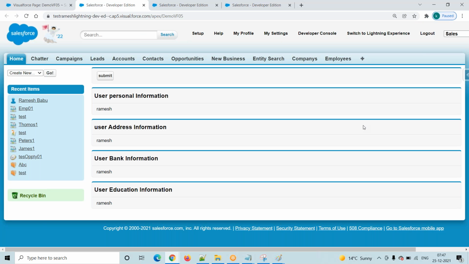Just remember or practice all these things. Wherever we go, these are the common things. These are the simple ones only. Render, re-render, render, re-render, and the previous one is action function.